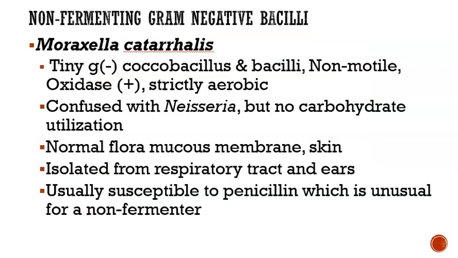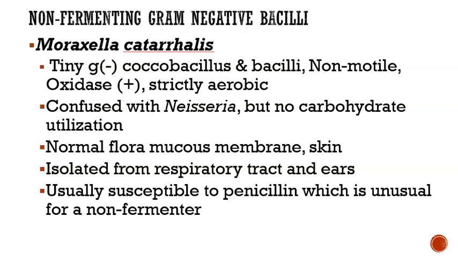And next is Moraxella catarrhalis. This one, the gram stain morphology, you'll see tiny gram-negative coccobacillus and bacilli. It's non-motile. It's oxidase positive. This one is strictly aerobic, which means it will not grow in an anaerobic environment at all. This organism can be confused with Neisseria, and if you remember when we talked about it, I think it was in Unit 2 when we talked about respiratory pathogens,